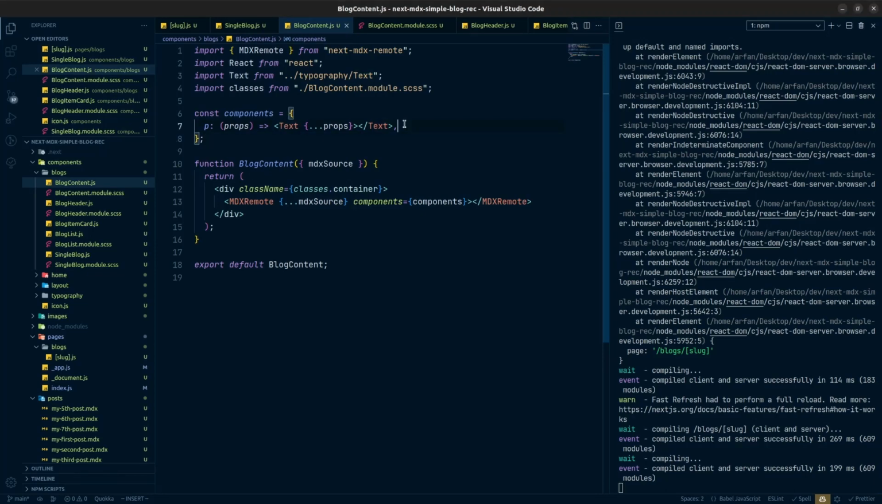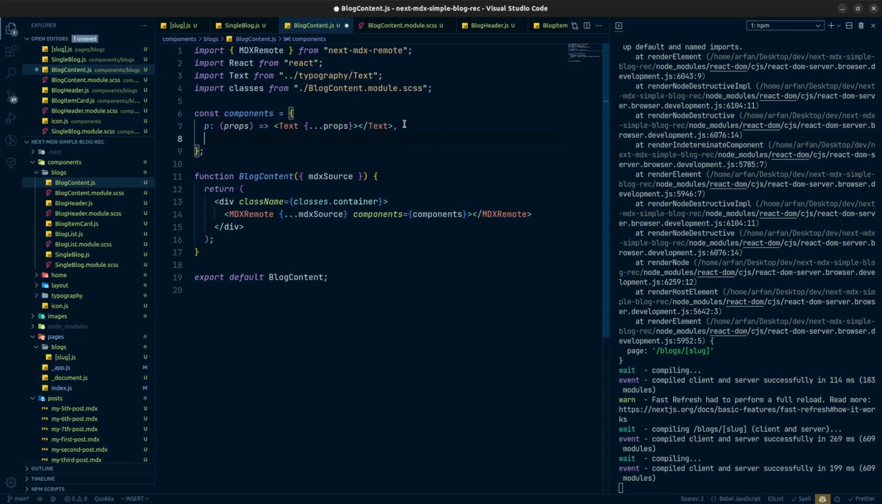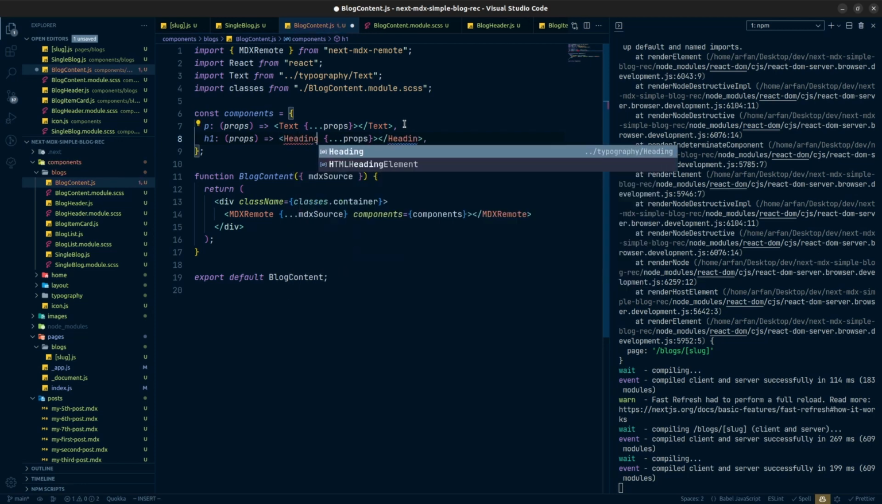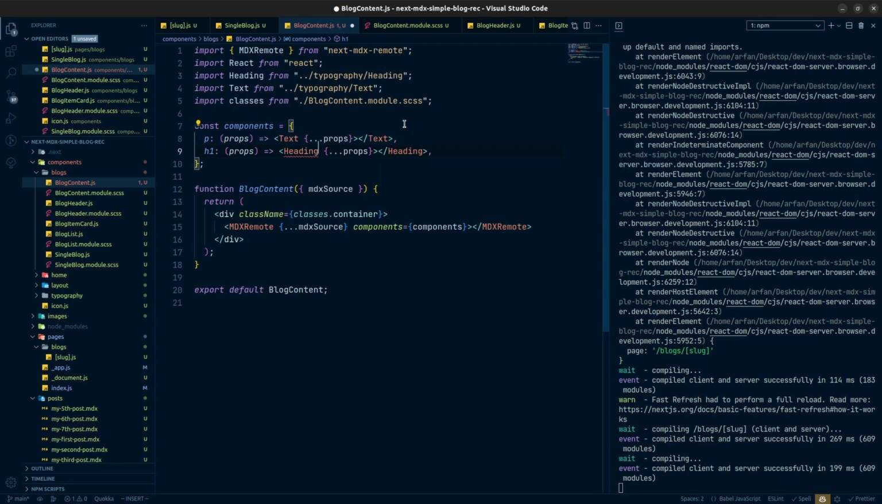So we need to do the same thing for our h1, h2 and h3. So h1, let's say that we will have the props. We can actually copy this and paste it here. Instead of paragraph, I will use h1 and the props will be same, and instead of text we will have the heading, and we need to import the heading, and also this heading will take another prop, which is the